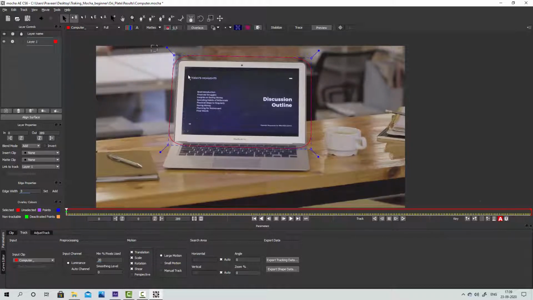Select all the points, right click, select the point option, and select corner. If you notice, one layer is created with the rectangle.